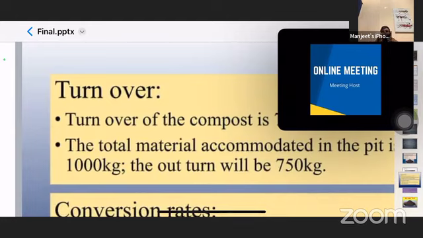So in this slide, here is the turnover. We can say it is the conversion rate: how much vermicompost we will get after putting in how much fresh dung or raw material. The turnover of the compost is almost 70%. The total material accumulated in the pit is 1,000 kilograms. The turnout will be 750 kg almost. Conversion rate, or you can say